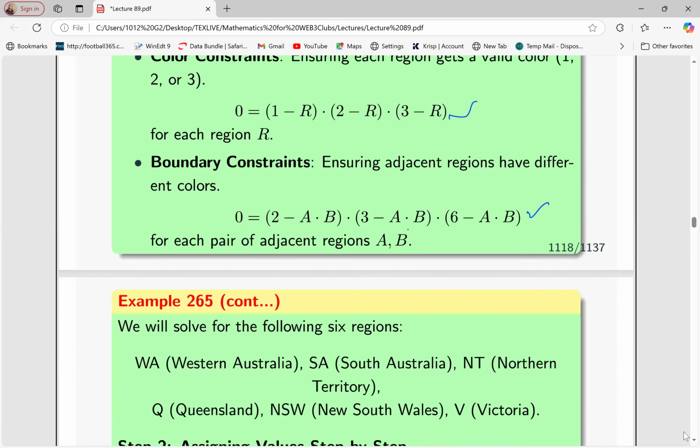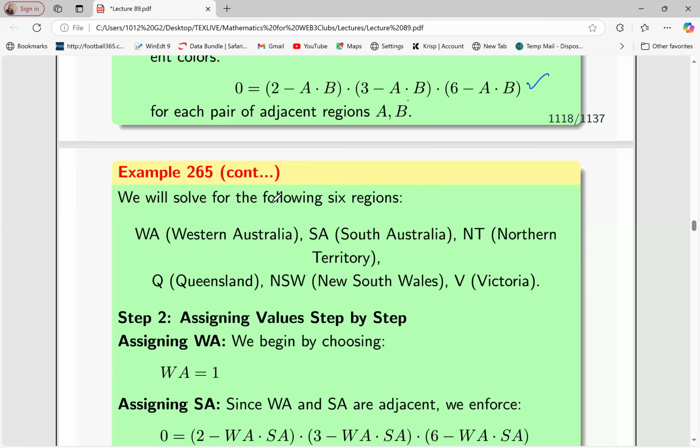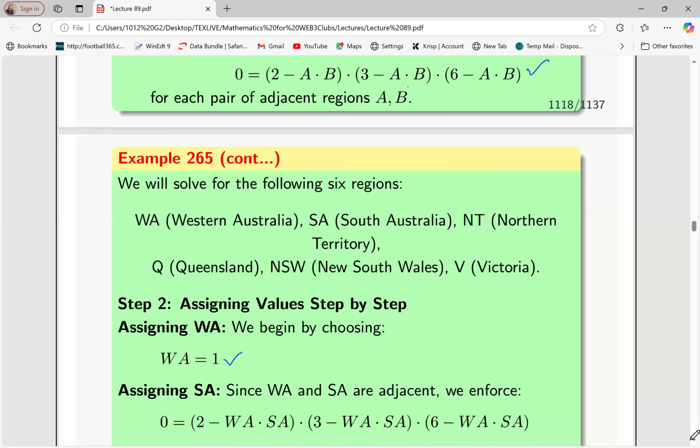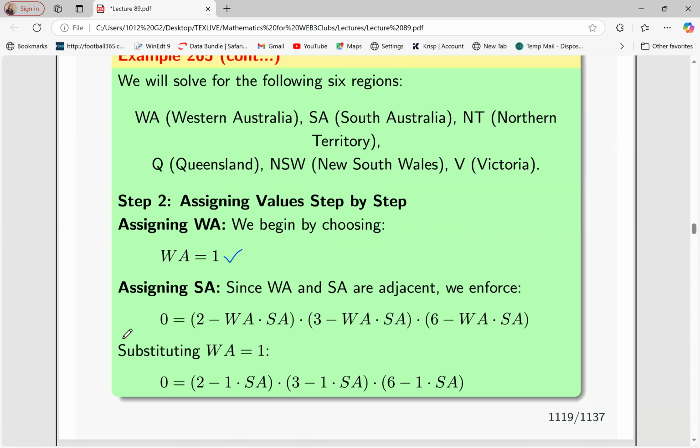So let's now begin with Western Australia, for instance, and assign it one. One was blue. When we assign it one, we iterate through its neighbors and identify who the neighbors are. The neighbor of Western Australia is Southern Australia. So using the equation for ensuring that no two neighboring regions have the same color, we do this: 0 equals 2 minus Western Australia times Southern Australia. But Western Australia has been assigned